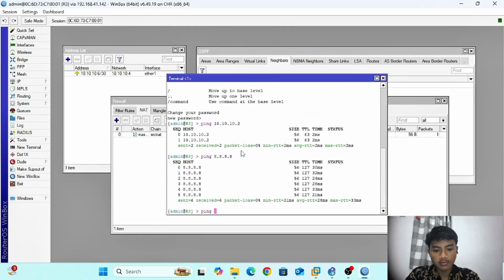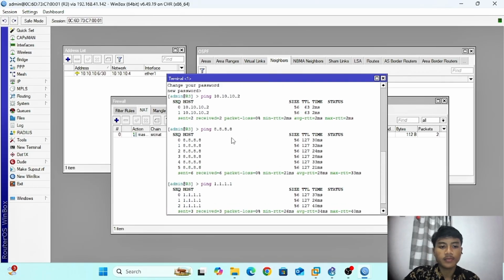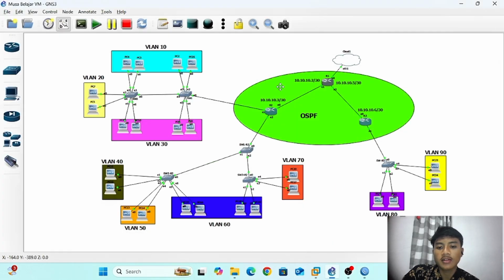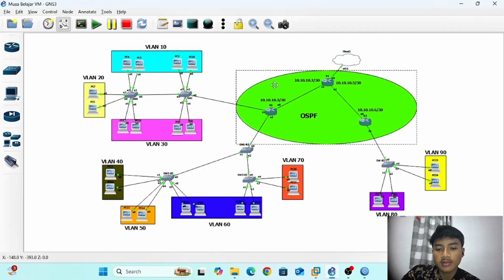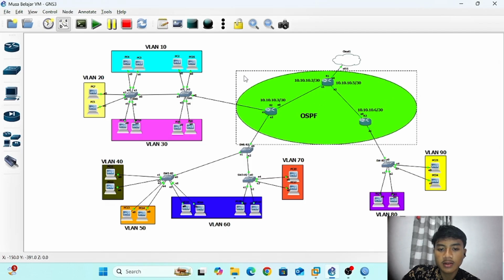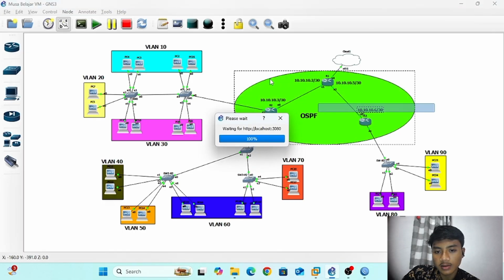I will try. And I successfully connected the three routers 1, 2, 3 with IP addresses the same as in the topology and successfully connected to the internet.